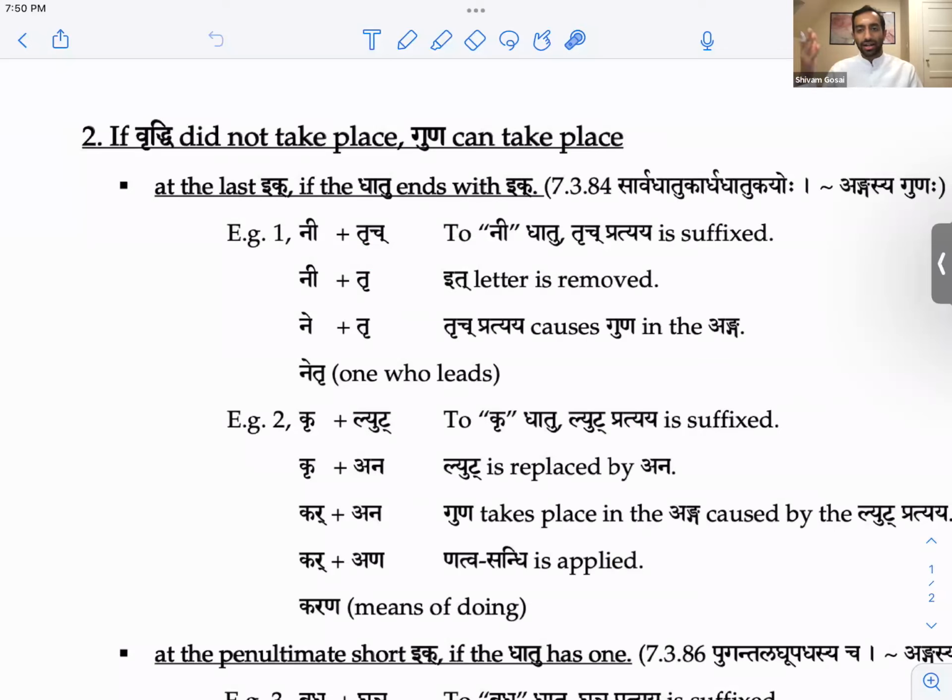There's no nakara in there, right? So that vriddhi is not possible. And if vriddhi is not possible, guna can take place. So, ni plus trich, you remove the it letter, which is chakara, so you're left with tr. Because vriddhi is not possible, guna can take place, so e becomes a, and netru, one who leads, as kartri trich.